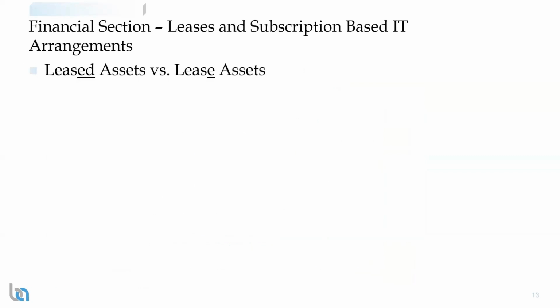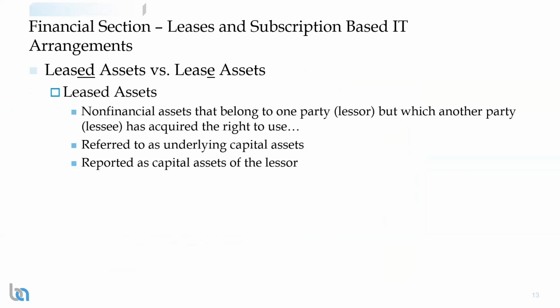All right. It's a bit of an English issue. I'm not sure if that's a big deal, but they did point out some difference between what's a leased asset versus what's a lease asset. So a leased asset are assets that you've leased out. Those are essentially your capital assets that will be reported by you, but are going to be reported as an intangible asset by a lessee. They are going to be reported with your capital assets if you're the lessor.